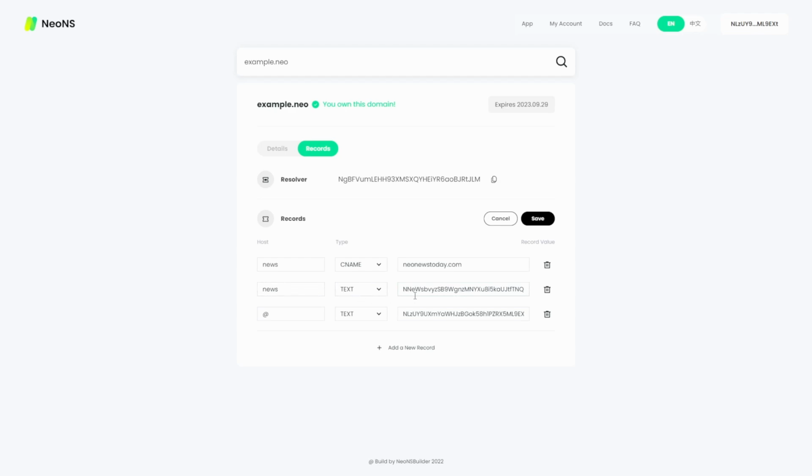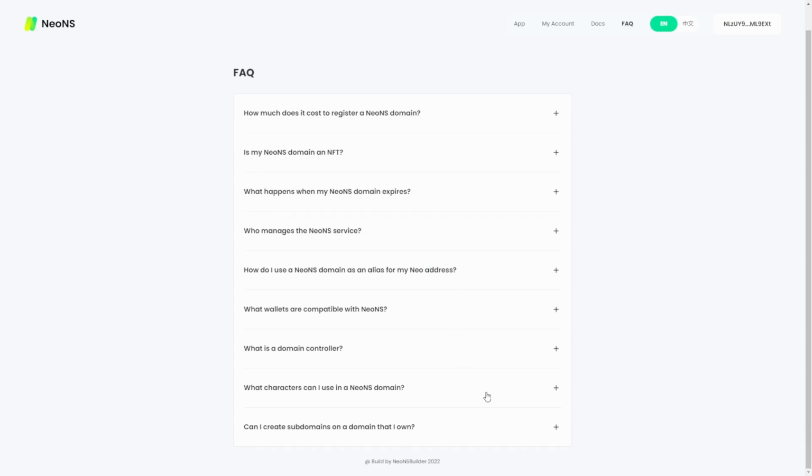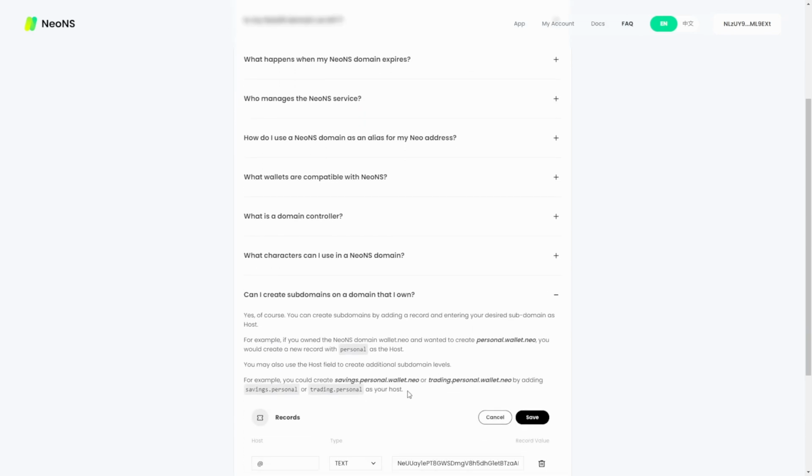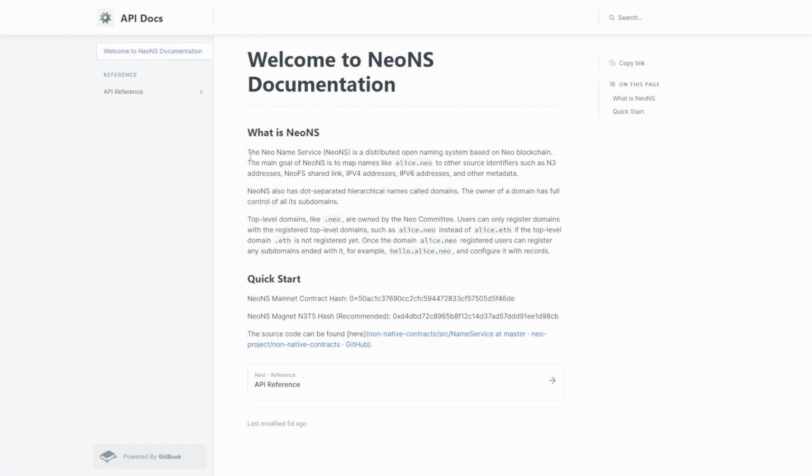If you're ever unsure about editing records, be sure to check out the Frequently Asked Questions page. Developers that want to build applications which integrate with NeoNS under the hood can use the docs page to see the API information. One last thing before we leave it today, you may be curious about the pricing and the